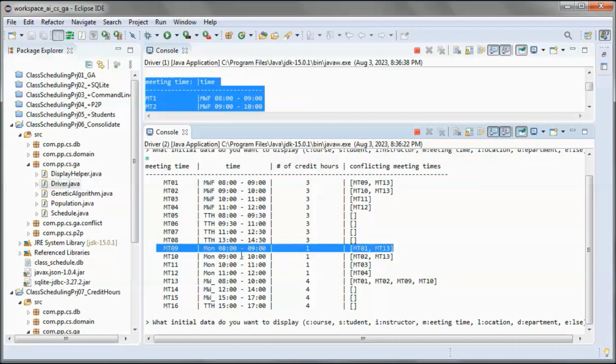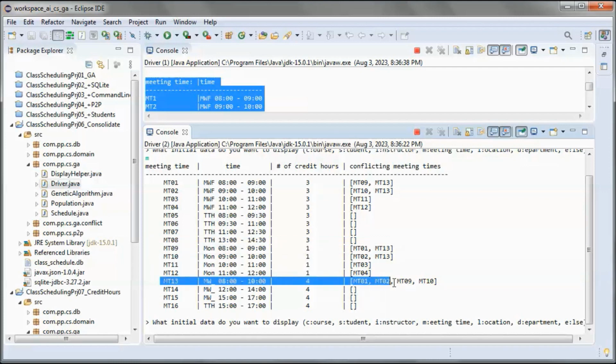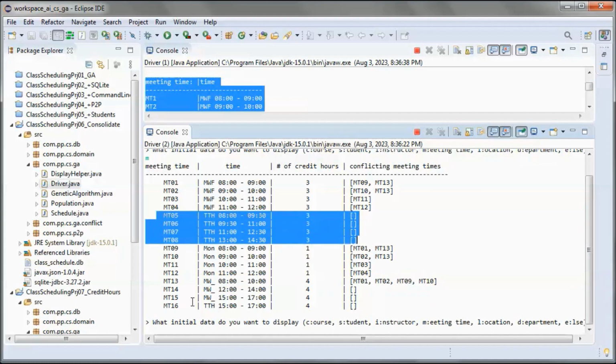This one with 4 credit hours is from 8 to 10 on Monday, Wednesday. So this meeting time has 4 other conflicting meeting times, and those have no conflicting meeting times.